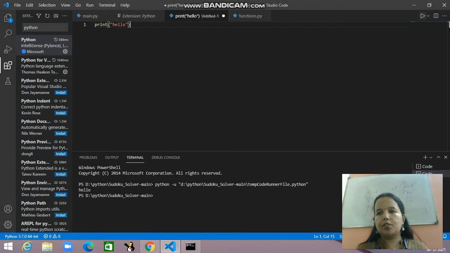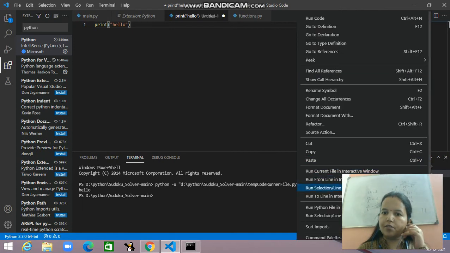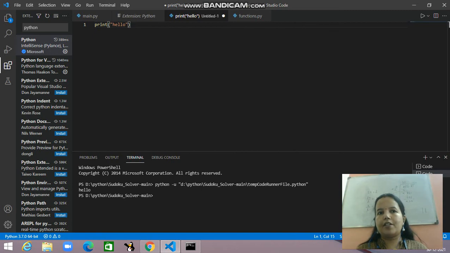If this play button is not showing in your VS Code, no issue with that. You can just right-click and run the code using Run Python file in the terminal. So this was the introduction: how to download Python, how to download VS Code, and how to connect VS Code with Python. Visual Studio Code is a very good IDE, a very good editor where you can do Python programming, C++ programming, and HTML, CSS, JavaScript also. Many things you can do here. It is very easy to use and very helpful for me. I am always using this.